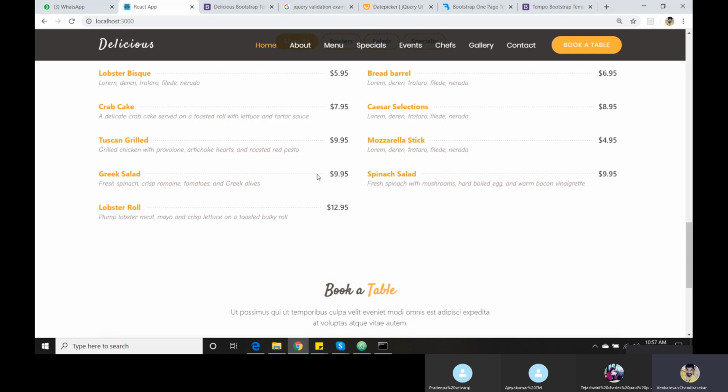Initially it will show the first four comments. npm eject, you missed, I guess. Yeah, remember. If you run npm eject, then the default configuration will be gone. Then we can give whatever we need to give, like a port number or some other changes, then we can do that. But initially, don't do that one.